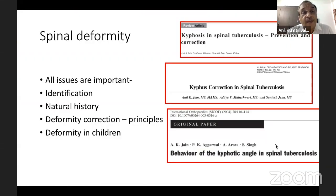Spinal deformity is very important. As I said, if the spinal deformity heals with 60 degrees or more, there are more chances of late onset paraplegia. So it is easier to correct spinal deformity in active disease. You need to see the natural history of that particular kyphosis, whether it is going to be progressive or not,